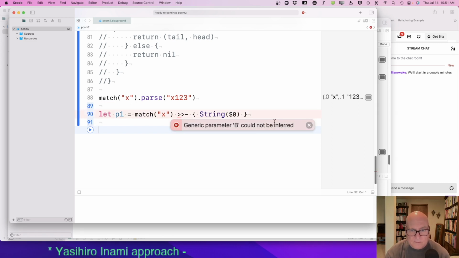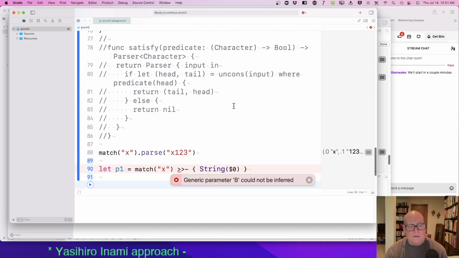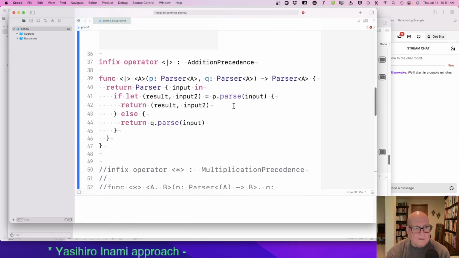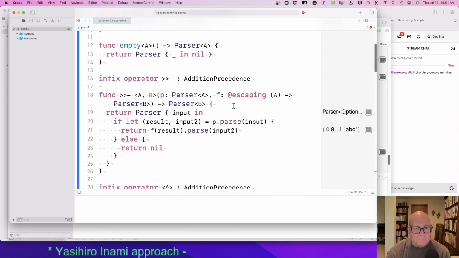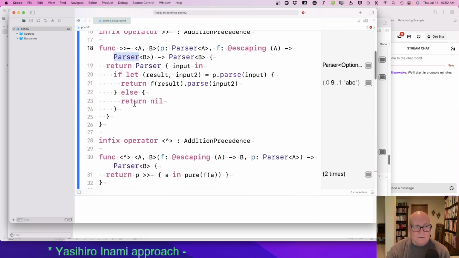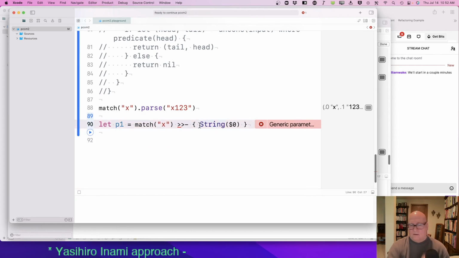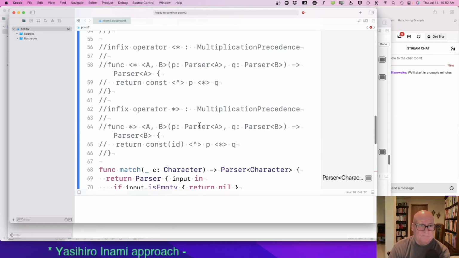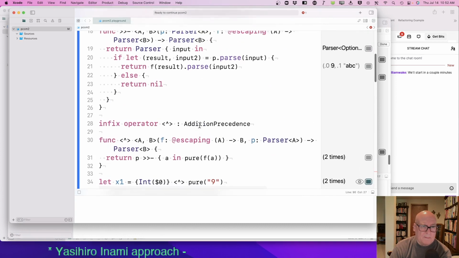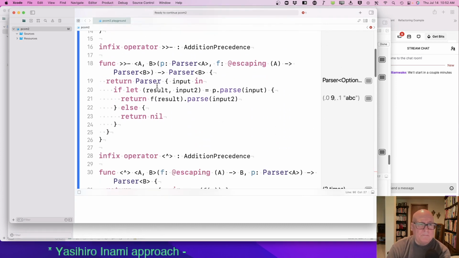Oh dear. B could not be inferred. Oh, my function has to produce a parser. Give me a parser.